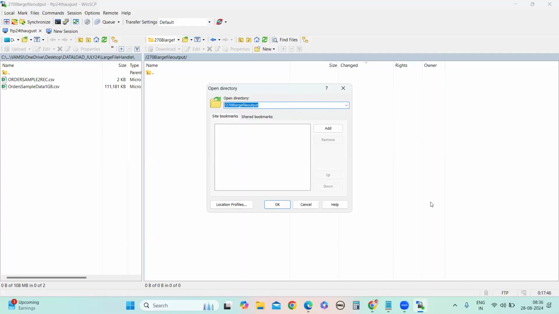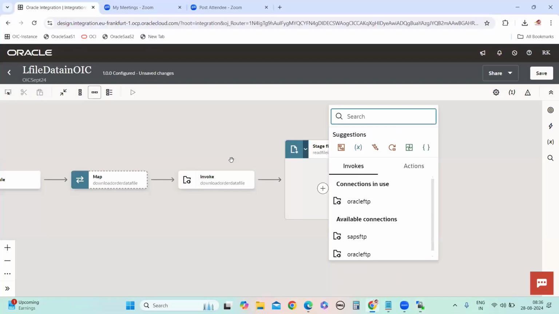Guys, these topics that I'm explaining, I have not covered for the old batches. I'm covering this because it is the most important part of the complex things in OIC. Someone will definitely ask you in real time how you have handled large file data. That is the reason I'm explaining step by step.